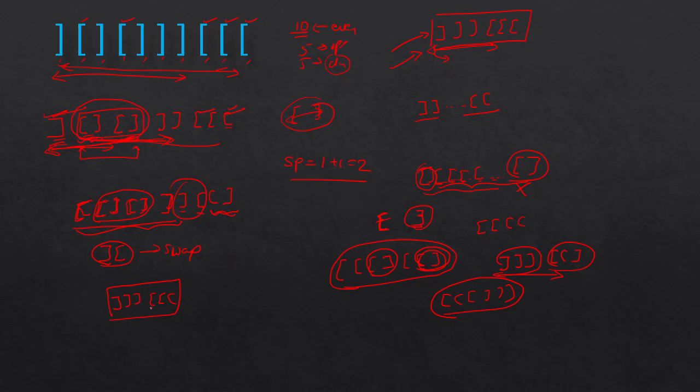Okay, so if you see here now, if we swap these two, swapping once will result in deletion of four brackets. How? Let's see. If you want to swap these two, let me first write this down here. Here, these two. Then we are swapping this to the first here and this to the last here. So if you see this, these two are balanced and these two are getting balanced. So if we swap once, the number of brackets that we are removing is 4.